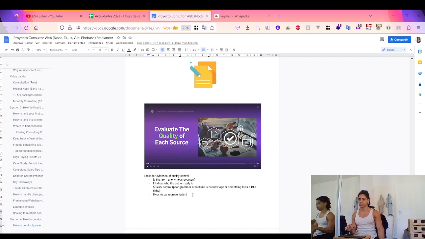And poor visual representation. Again, by looking at the places where you can get your data, the second party data and third party data, evaluate the quality of each source. A metric might be, again, it's up to you. You need to use your intuition for it. But it can be, well, does this come from an anonymous source?